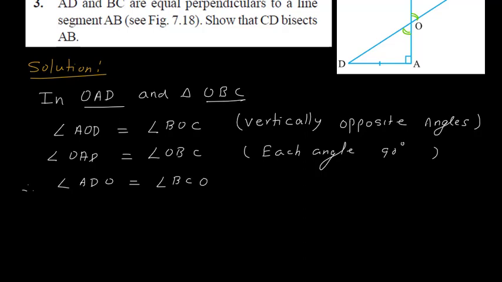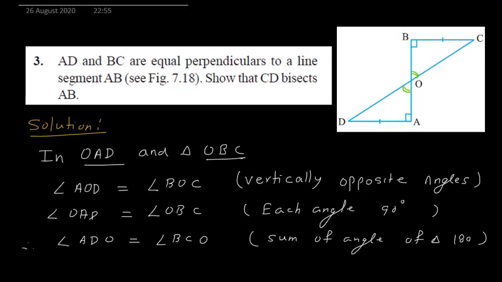Reason? Sum of angles of a triangle is 180. So if two angles are equal, then the third angle is definitely going to be equal, because the sum of these three angles and the sum of these three angles are going to be the same, that is 180 degrees. So if suppose the addition of these two angles is say 140, then the sum of these two angles will also be 140, so the remaining is 40. So this C and D, they are going to be 40, like that.